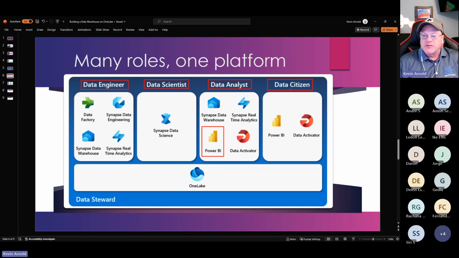Yeah, and I think it can mean whatever you want it to mean within your organization, right? But a citizen data developer, right? They're trying to say people that aren't getting into any of the deeper type of code, maybe not even getting into Power Query a whole lot. And so they're just going to focus on Power BI and what's called Data Activator that sits inside the Fabric platform.